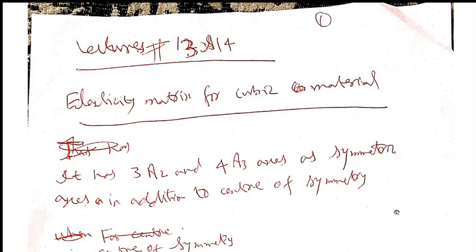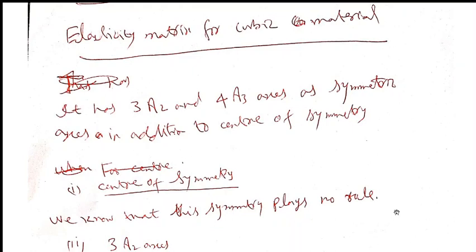Now, for cubic material, you have 3A2 axes, the x1 axis, x2 axis and x3 axis, and the angle of rotation will be 2 pi by 2, that is pi. And you have 4A3 axes as symmetric axes, in addition to the center of symmetry. In addition to center of symmetry means that center of symmetry